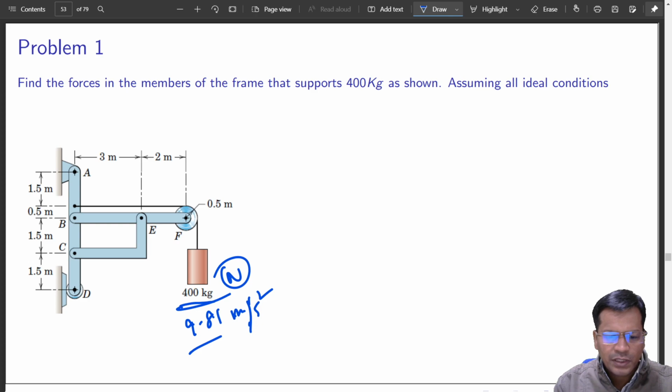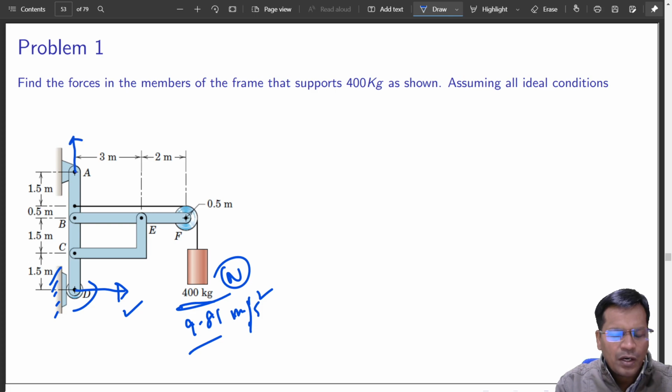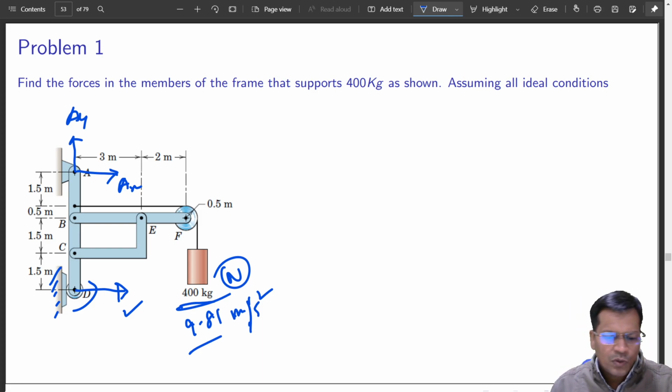So that is the downward force. External forces: this is a roller joint, so you see just one reaction, which is normal, perpendicular to this surface. And this is a pin joint. I know the whole weight is acting downward, so it should create an upward force like this, which is Ay, and you will have a force Ax. Let us see what the values are later. So at least this much is the force that I can see.